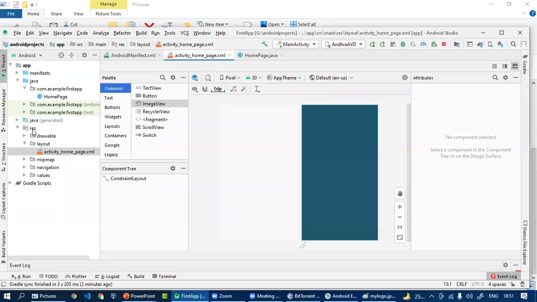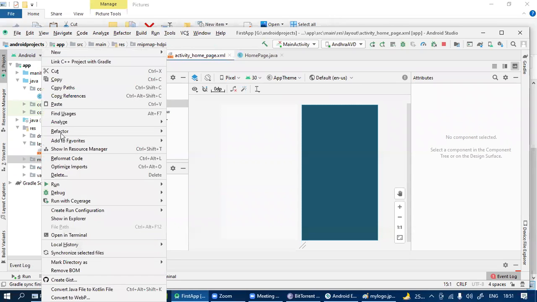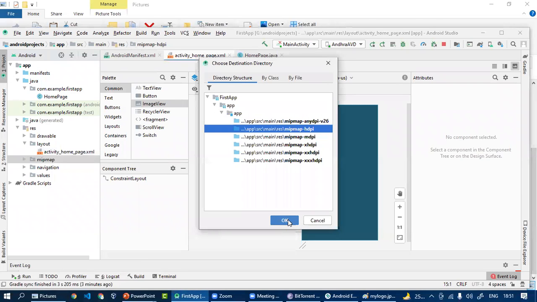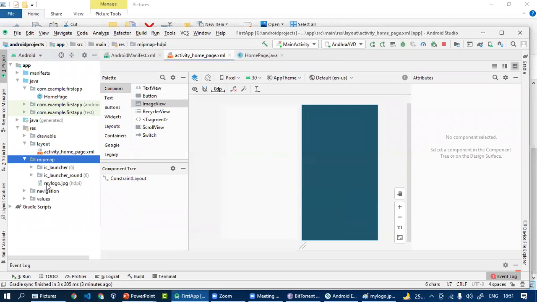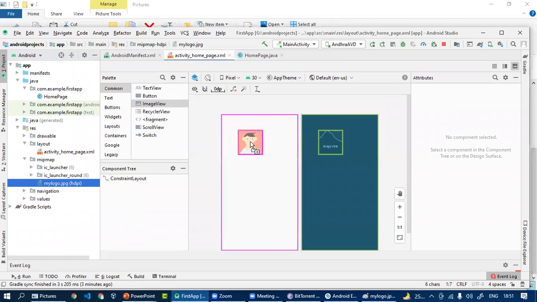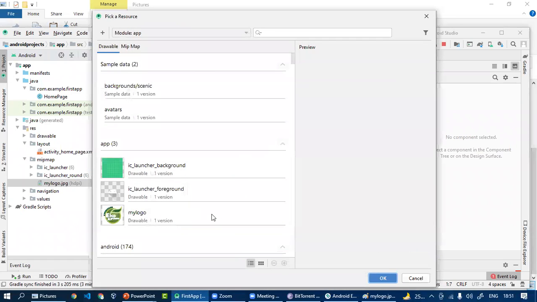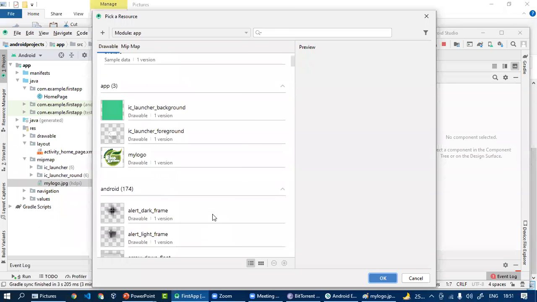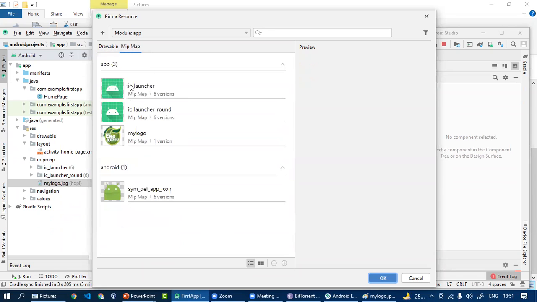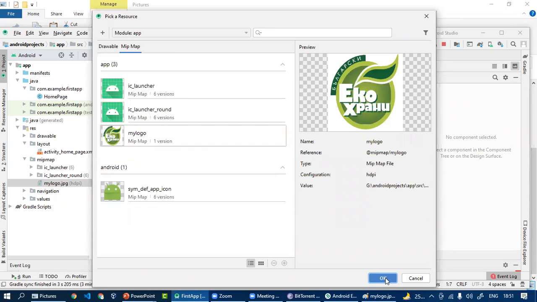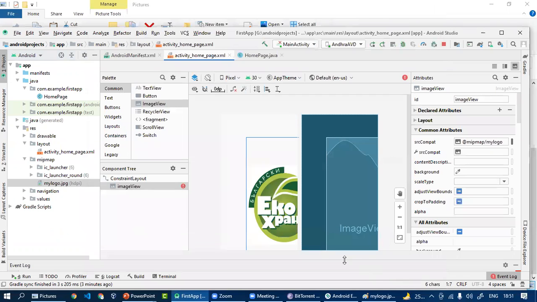So now I will paste the file inside the mipmap folder. Okay, and I will paste the ImageView. ImageView.